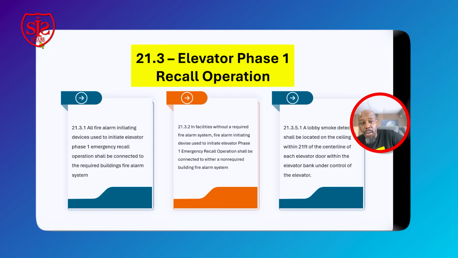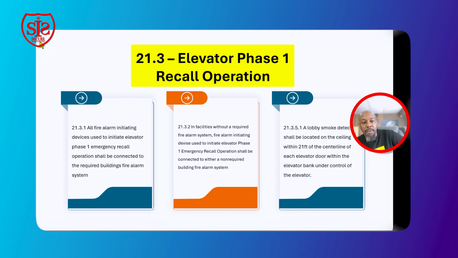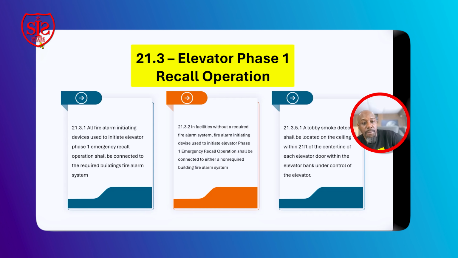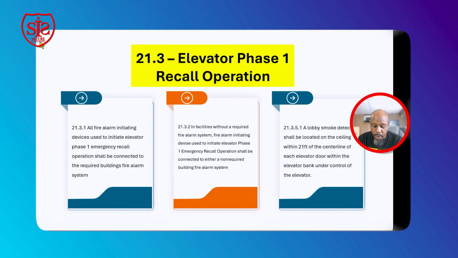So 21.3.1, all fire alarm initiating devices used to initiate the elevator phase 1 emergency recall operation shall be connected to the required building fire alarm system. In short, they're telling you if you're in the building, this smoke detector needs to be connected to that building's fire alarm system. In short, 21.3.2, in facilities without a required building fire alarm system,